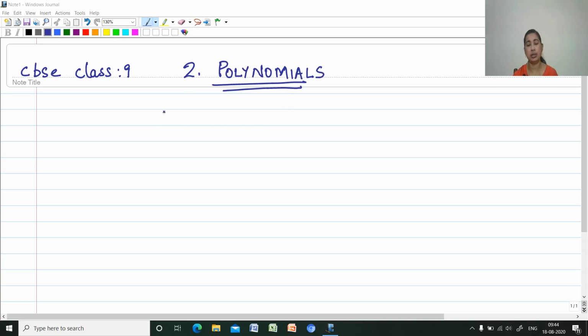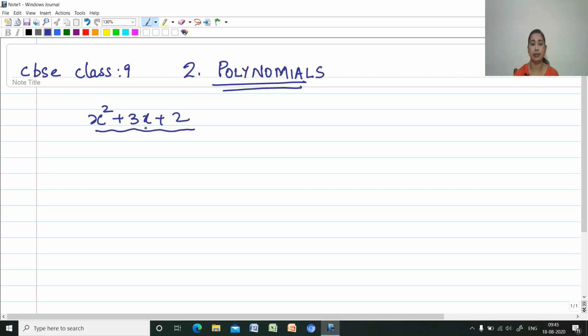Before introducing what a polynomial is, we'll start with algebraic equations. Hope you all remember what algebraic equations are. Let it be x squared plus 3x plus 2. You have studied in lower classes how to frame algebraic equations. Here we know there are terms containing power of 2, then power as 1. So here I have written 3 terms.